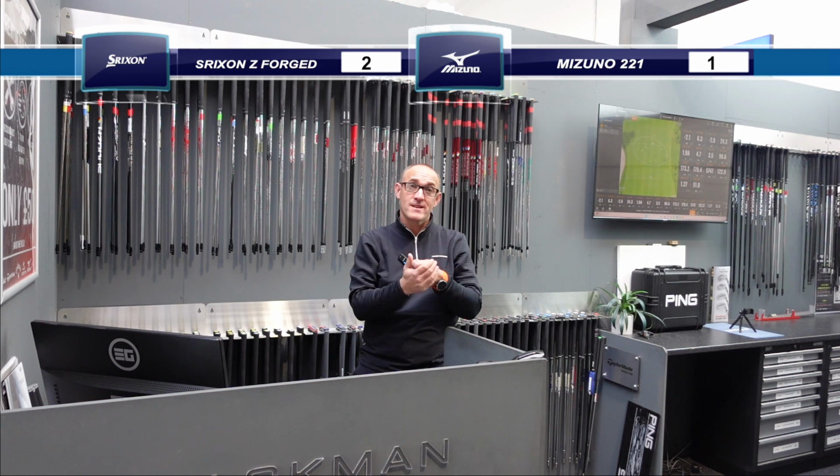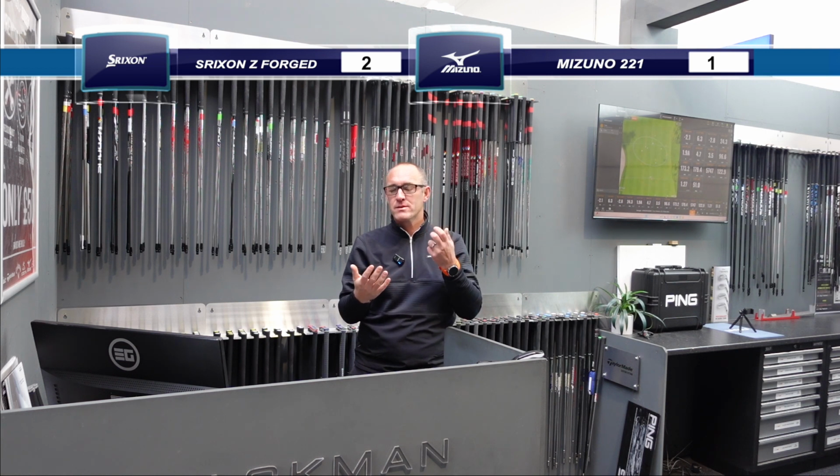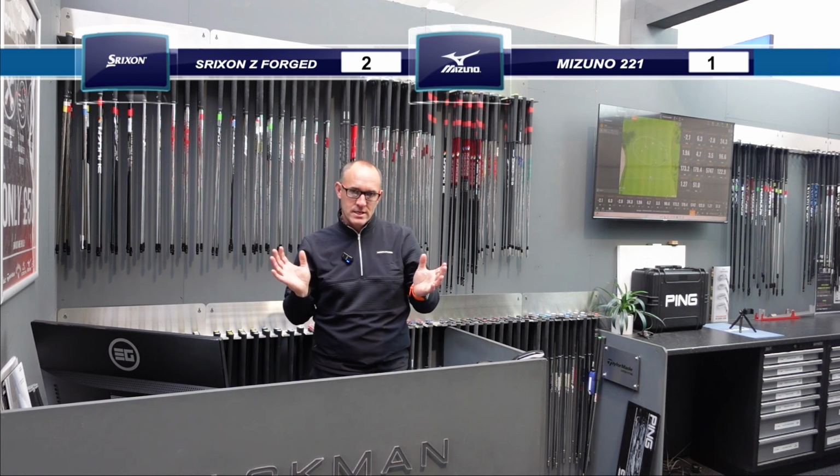In terms of the feel, I preferred the feel of the Srixon. I thought it was more solid. Maybe it's because it was better on the off-centre hits. With the Mizuno, I felt like I had to work harder to get some ball speed out of it, but that's just a personal